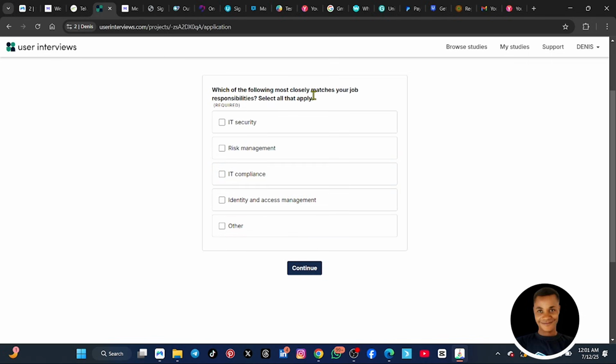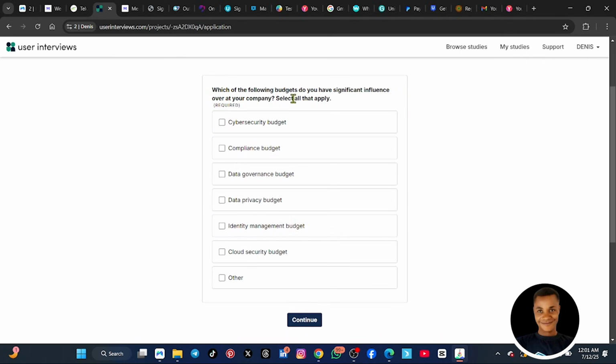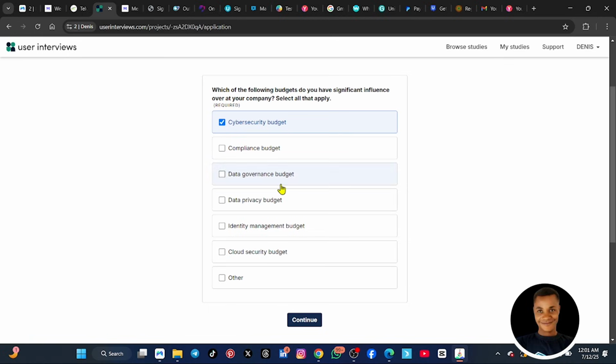So which of the following most closely matches your job responsibility? So I am in IT security, risk management, or let me just choose IT. Yes, these two. I'll click on enter. Select the answer that is most true for you at your company. I have significant influence over budgetary decisions. I have some influence over budgetary decisions. I have significant influence. Let me choose that. And then, which of the following budgets do you have significant influence over? Remember, I chose IT, so I'll choose something related to IT. So I'll choose cybersecurity, and then I'll choose compliance budget. Click on